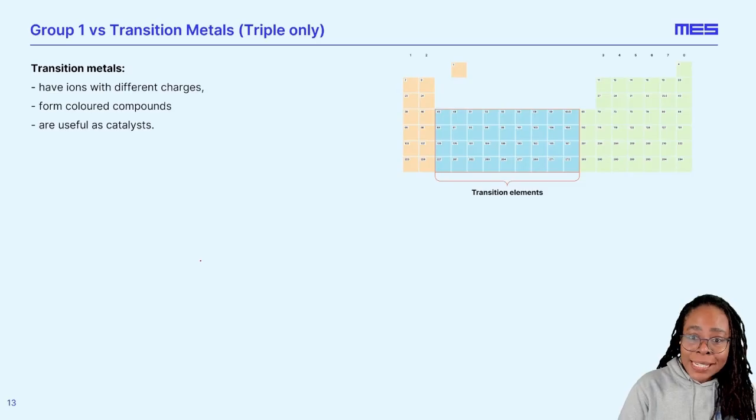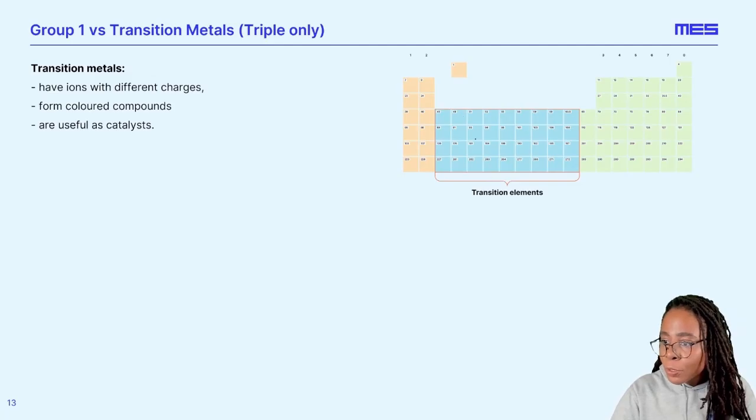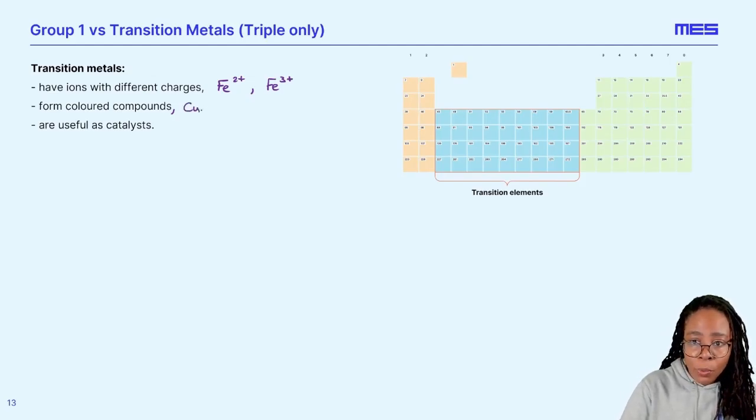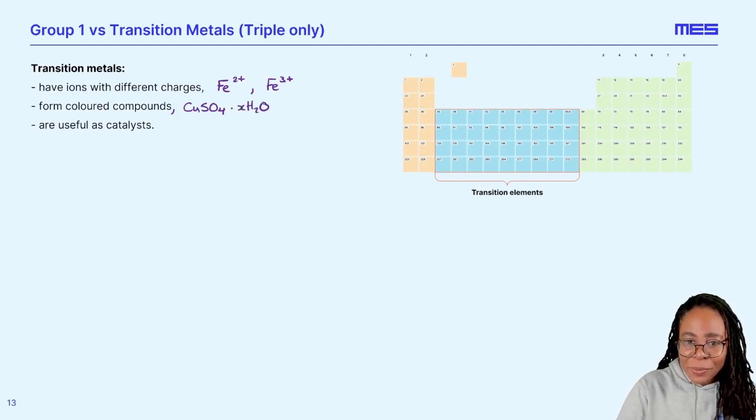Finally, for my triple scientists, our transition metals we find in the middle of the periodic table here. Transition metals have got ions with different charges. So for example, we might have iron 2+ and iron 3+. They will form colored compounds. For example, our copper sulfate, which we know is blue when it's hydrated. And I'm going to put my water of crystallization. And they are useful as catalysts, which we see in the Haber process as an example,